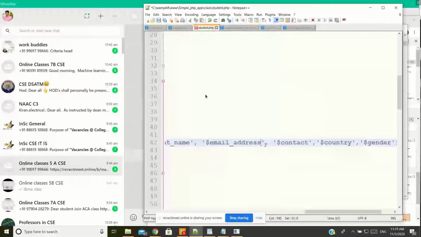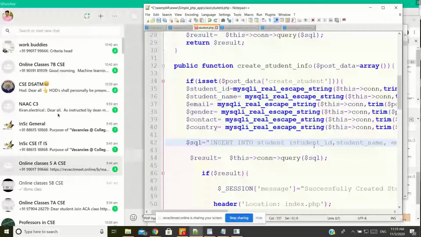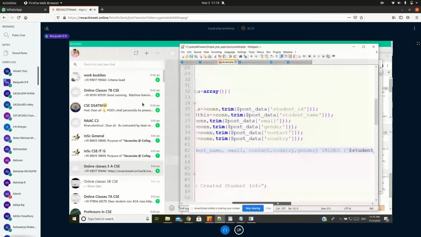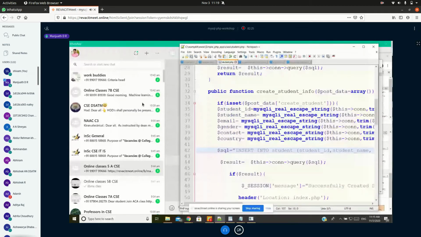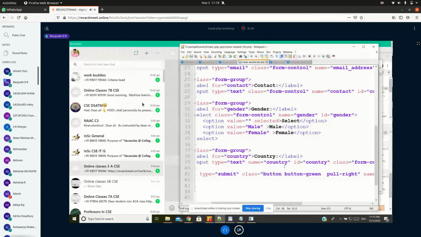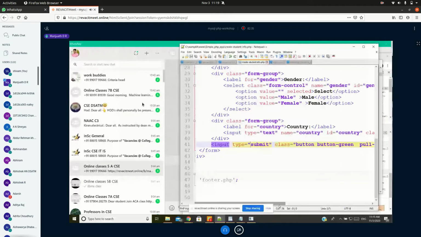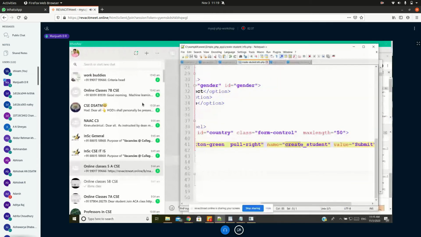Okay. So I have given some default values. No problem with that. Into student. Okay, very good. Now student ID is there. Any mistake done here? I don't think so. If a problem is there, it will give me an error. Country. Okay, fine. Done submission. So it should be post, and the post data is going to create.